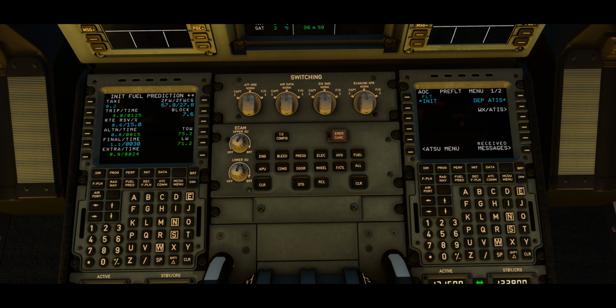Now we are on VATSIM, so in theory we could get the departure ATIS if it existed. Unfortunately, Vienna is not online and there's no ATIS available. There is another route, and you can pull the standard METAR through VATSIM, which I'm not going to do in this case, but just to know that it's in here. And as you can see, there's a variety of different airports based on our flight plan, and you can hit the METAR button. Actually, I might as well just do it as I'm here, and it's going to go and